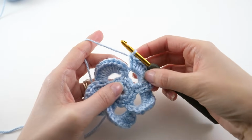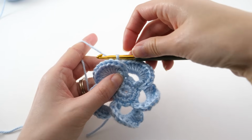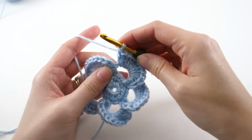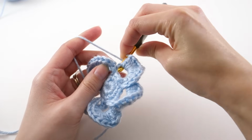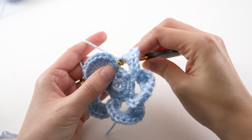Okay, so I've made it all the way around, and the last thing I need to do is slip stitch this petal in place so it kind of sits behind like all of the others, and we're going to do this one just slightly different, and that's because we don't really have a post now to work around. So I'm still going to swing my hook around, but I want to just find that first stitch that we made,